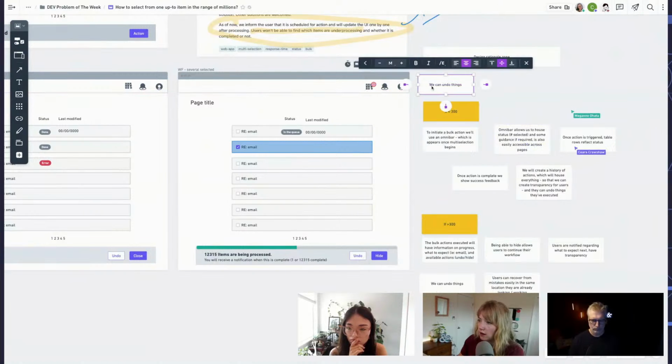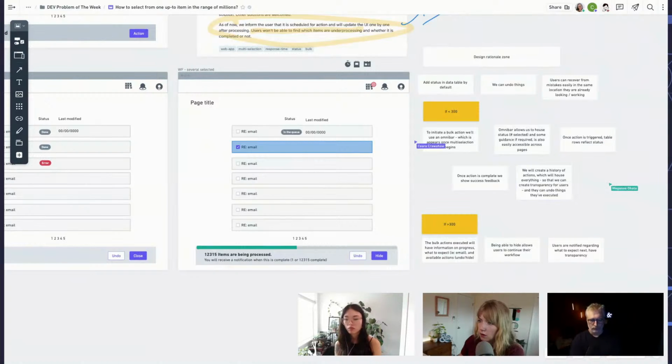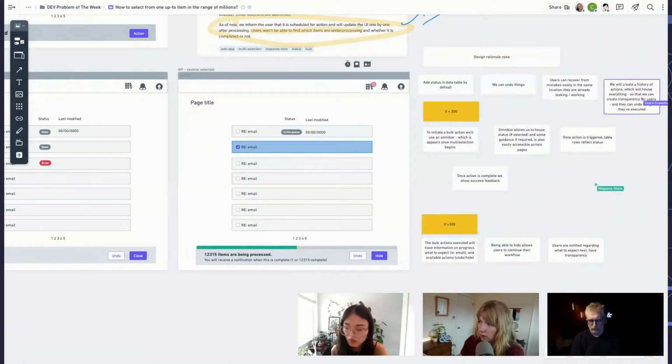And then once the action is triggered, table rows will reflect status. Once the action is complete, we'll show status success feedback. We will create a history of actions which will house everything so that we can create transparency for users so they can undo things they've executed. And then, maybe this actually goes up here. And then,